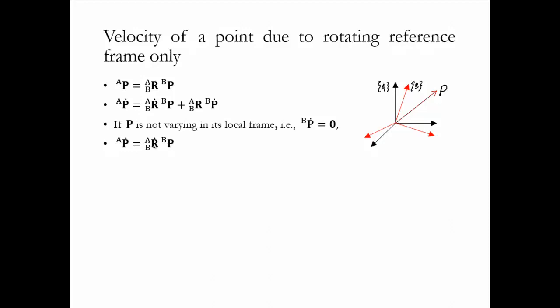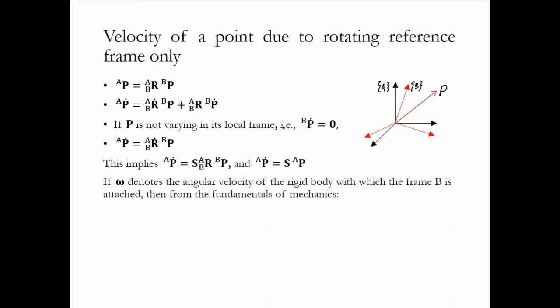Now we have seen already R dot is equal to S into R in the previous slide, where S is a skew symmetric matrix. So we can substitute that here. So we will get S into R, where R is B to A, times P_B. Now this one is nothing but P_A. So P_A dot is equal to S into P_A. So we have represented the velocity of point P in A by the position vector multiplied by the skew symmetric matrix S.